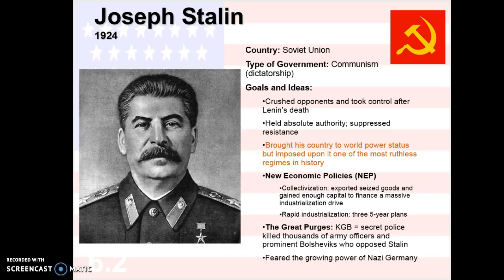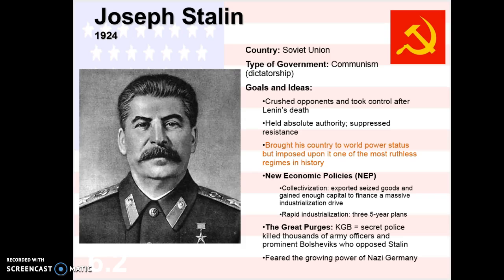Steel production increased from 4 million to 18 million at that time, but wages declined. The other thing he did is take family farms, combine them, and turn them into collectives, or government-owned farms. A lot of those people were killed off and died in famines. Peasants who resisted this were killed.